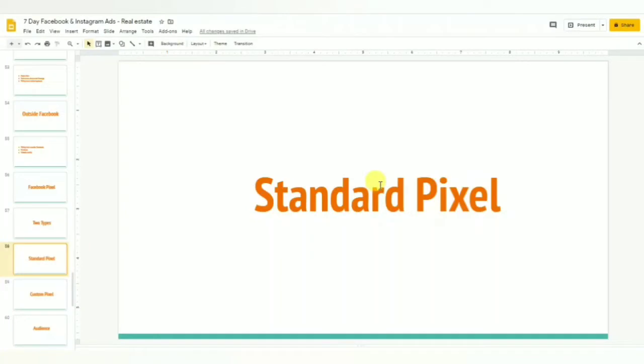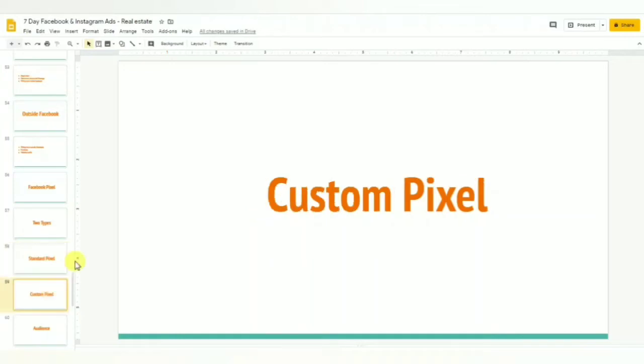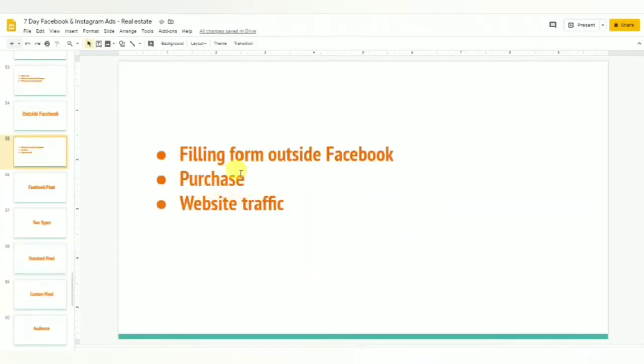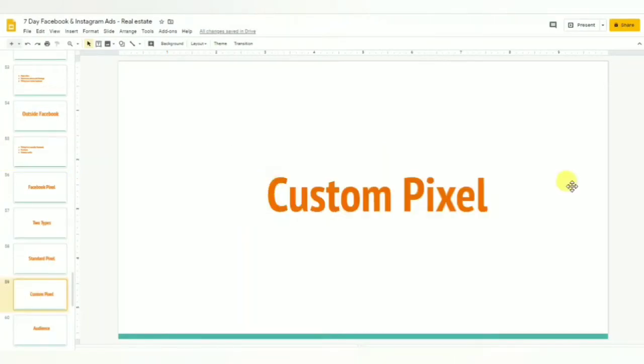It's just for setting up the tracking pixel, and I will show you later how you can set up a standard pixel. The other is the custom pixel. Custom pixel means when someone purchases or fills the form, right? That special type of activity which your customer does, for tracking that type of activity we need a custom pixel.